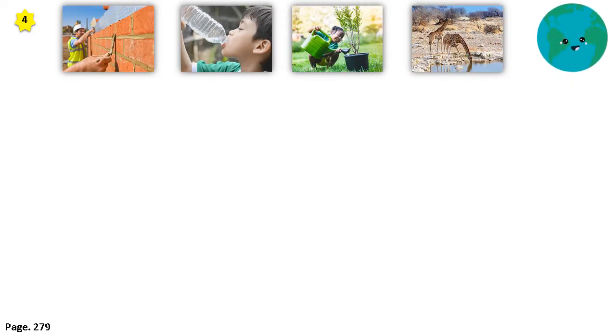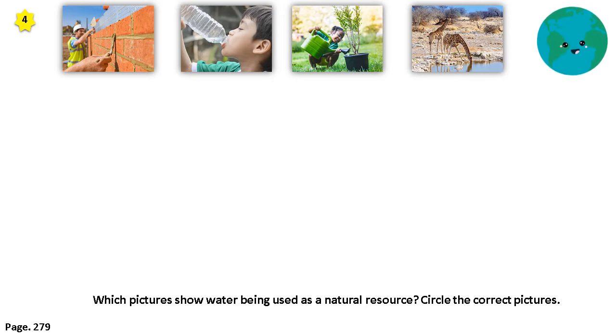Let's continue to solve our exercises on page 279 in our science book. And for part 4, we have 4 pictures in front of us. And our question is, which pictures show water being used as a natural resource? Circle the correct pictures. Very good. Let's circle the picture of a child drinking water, a child watering a plant, and a giraffe drinking